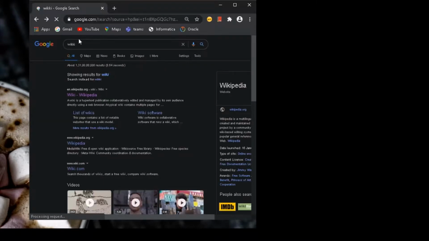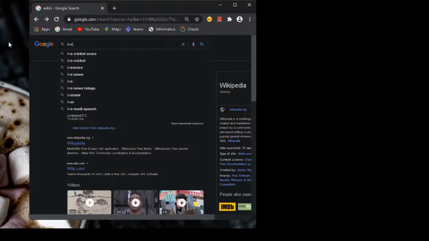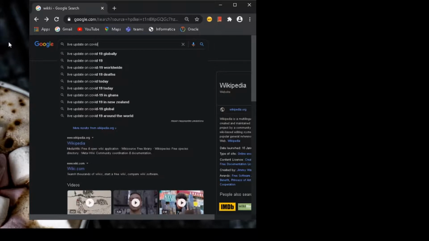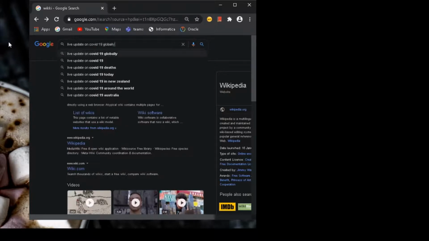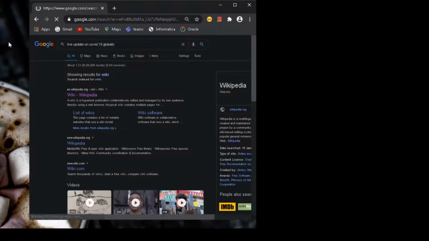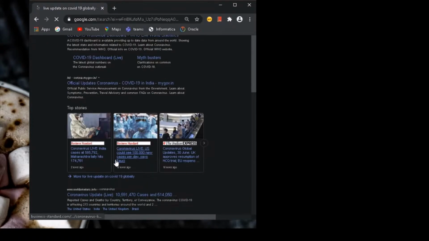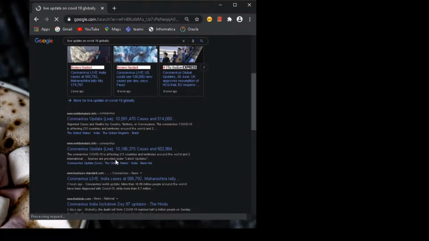In 99.99% of cases, every page will be black. You can search for live updates on COVID-19 globally, and even that page will also be black.